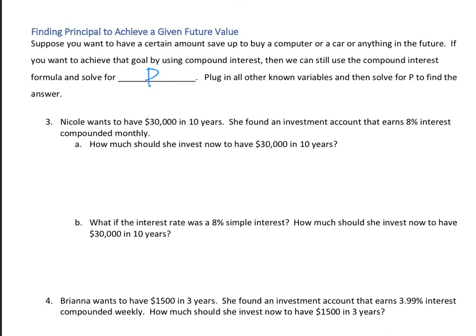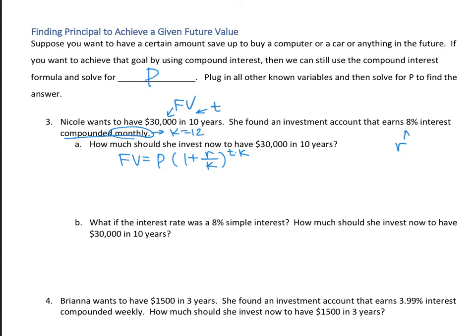So here, I'm going to label this one, it is not principal anymore. Now this is a future value, because this is what I want in the future, in 10 years, right? So I'm going to label that as a future value. T is 10. This is still the interest rate, so R, right? So let's see if I can write out everything I know so far. The future value is P times (1 plus R over K) to the power of T times K. Here it says compound monthly, so K is going to be 12.